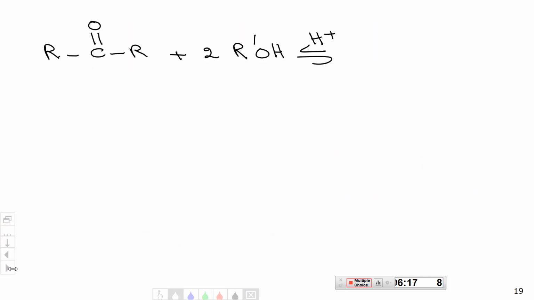So, the very last reaction that we're gonna learn in this chapter is the reaction of ketones or aldehydes with alcohols. Alcohol, in the fact that it has two lone pairs, is nucleophilic. So if I have a ketone or aldehyde and I add to it 2 moles of an alcohol with H+, the reaction is an equilibrium. And actually, let me put it in a different color. The end result of that